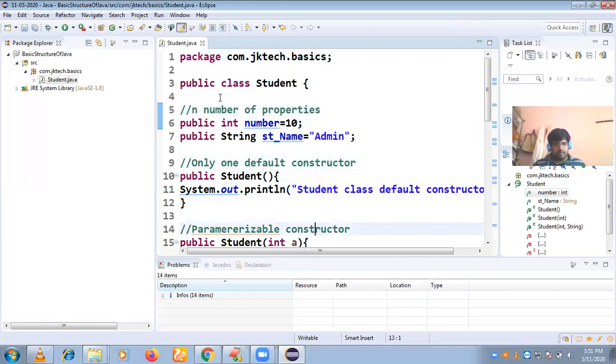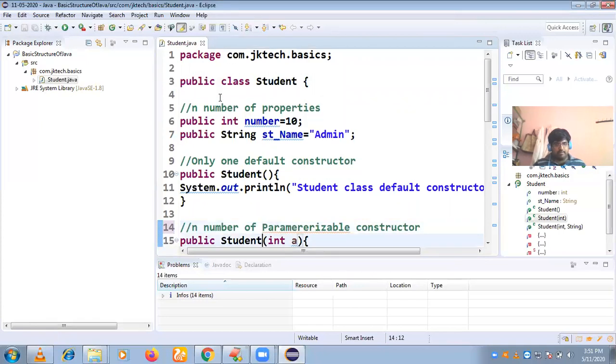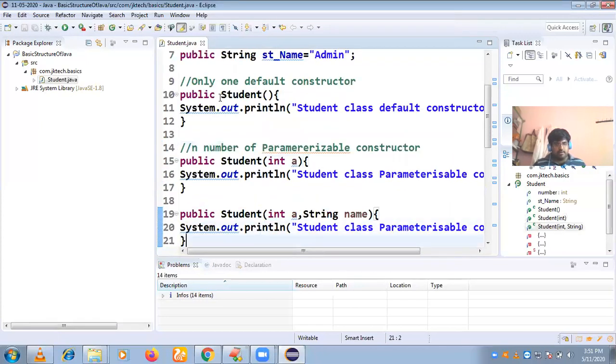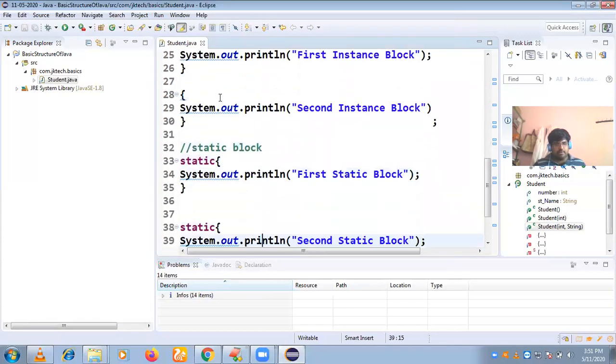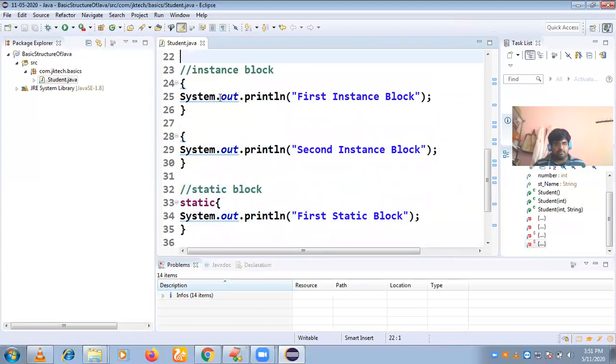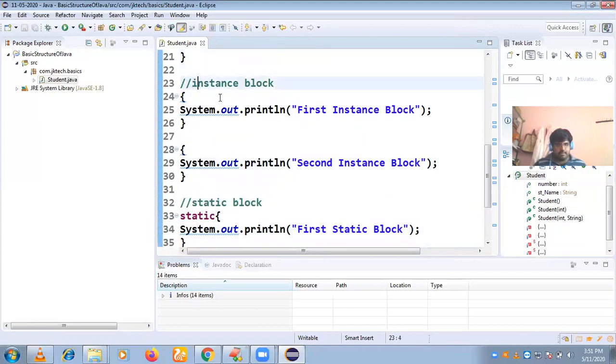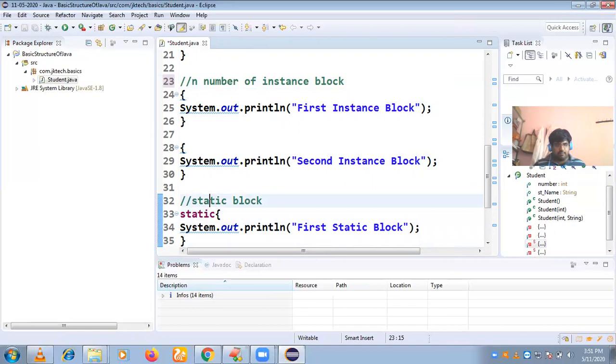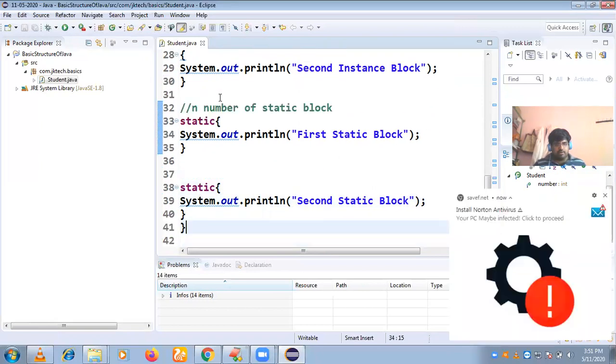Only one default constructor, a number of parameterizable constructors, n number of instance blocks, and n number of static blocks, and you can create methods here.